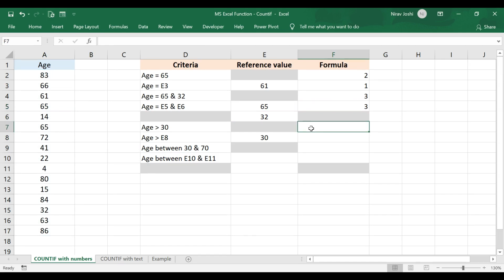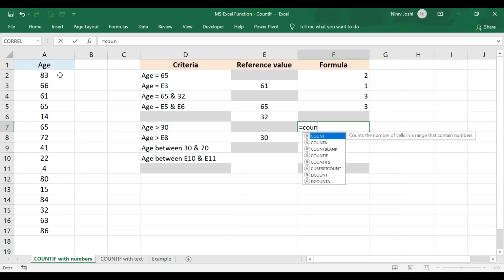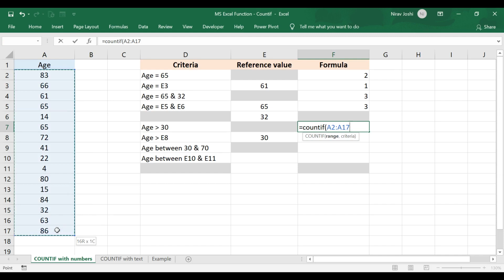Now suppose we want to calculate the total number of cells that have age more than 30. For that we apply the formula COUNTIF, select the range, then we need to apply criteria. For that we would be using double inverted commas or quotations, and we will be using this number along with the greater than sign.